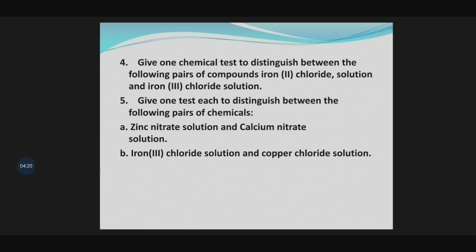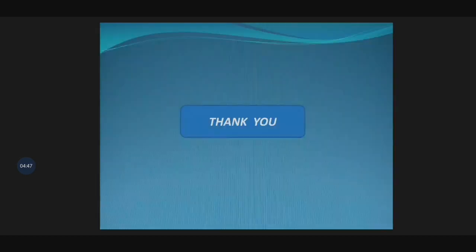We take the solutions in the test tube and add ammonium hydroxide solution first in a little amount. The one which will form a reddish brown precipitate and is insoluble in excess addition, that is iron 3 chloride. The other one which will form a pale blue precipitate, which becomes soluble and forms an inky blue solution on excess, that one is copper chloride. There I have mentioned what happens on excess, so that term also you have to write. That's all. Thank you everyone.